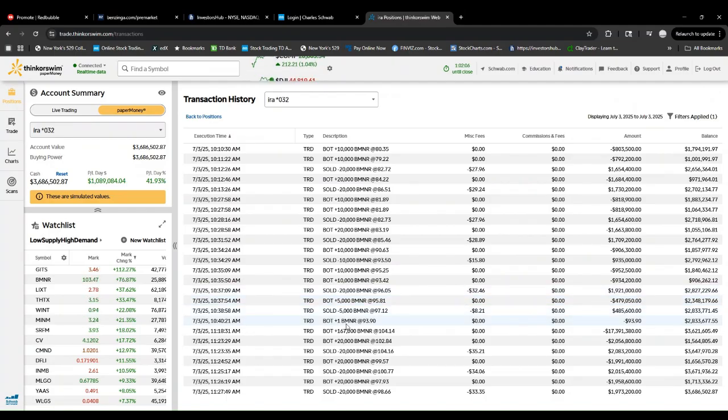Then I decided to short. You see here there's a way, because it's a simulator and not a live account. On a live account, you cannot. Thinkorswim did not have any shares to borrow, so there's a way in a simulator to short a stock. So this is when I started to short a stock, and I kept adding and adding and adding, till at one point I was shorting